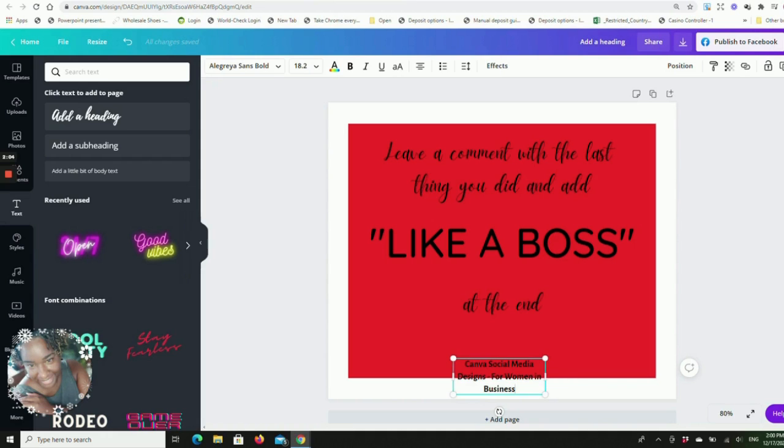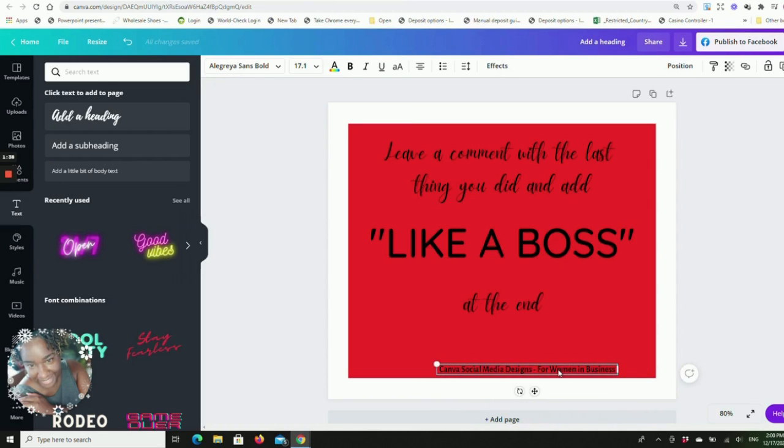All right, so we have gotten this, and I'm just gonna stretch that out. Now I like when it is in all caps, the name of the group, so I'm gonna go here to uppercase, and I'm just gonna make that all caps. If I go back here, it's gonna take it back to how I had it in some lowercase and some uppercase. So I'm just gonna make it a bit smaller,